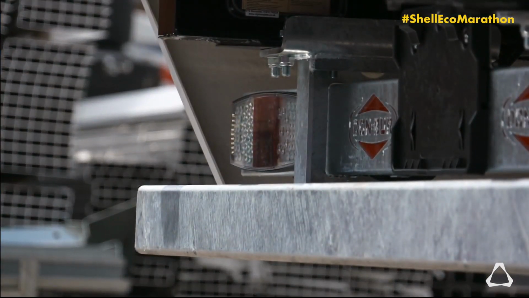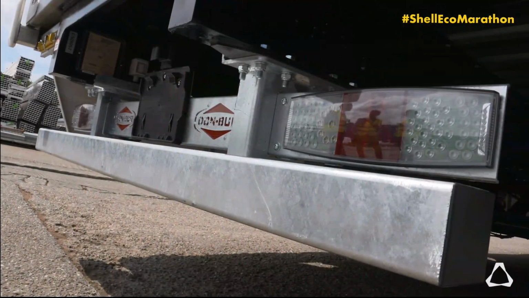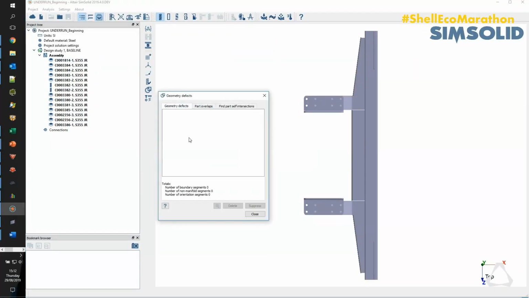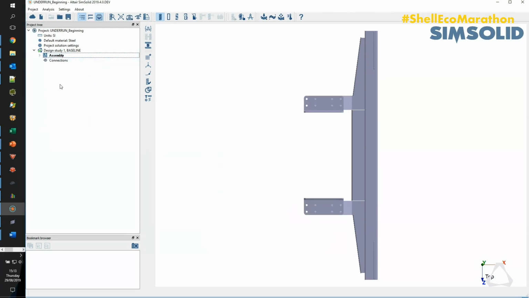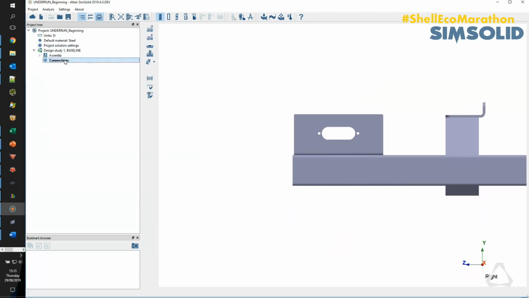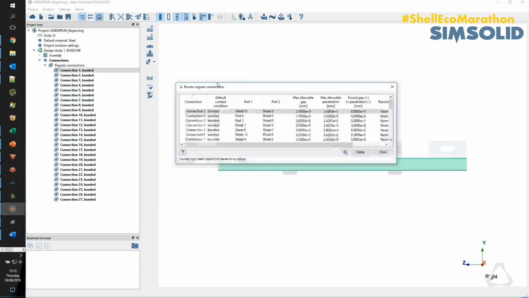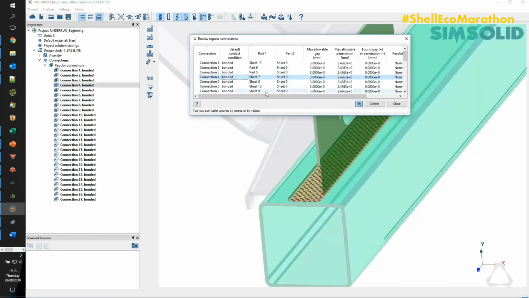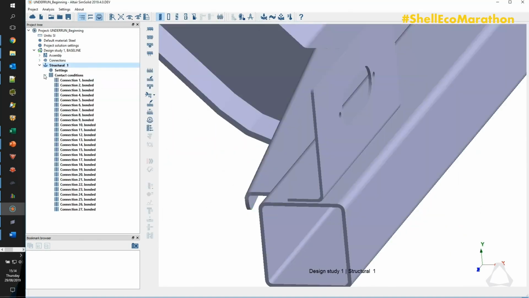A good example of the time difference would be something like an underrun bar, or what general people might know as a bumper. And effectively we're testing the stresses and strains on impacts and various different twists in the chassis. So typically on SolidWorks it might be a setup of approximately half a day roughly to be able to process that. And the actual processing time to be able to run the simulation might be in the region of maybe